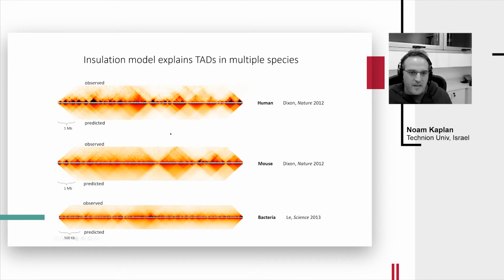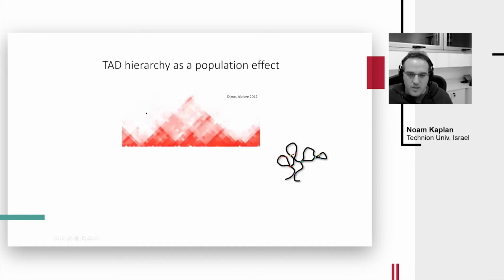Okay, and when you compare, it's actually surprisingly good in my view, because it's a very, very simple model, and you see that it's able to capture this in different species, as well as some of the more intricate details of hierarchy and so on. So just to stress how this works, if you have this hierarchical structure,